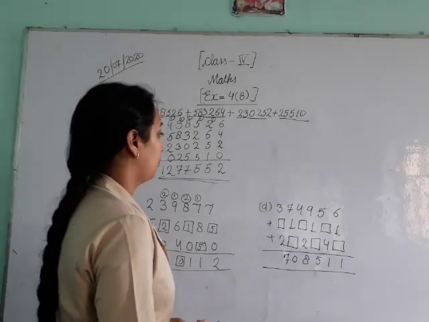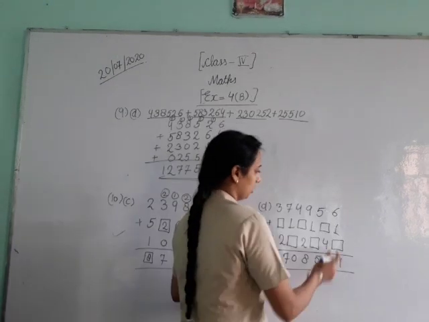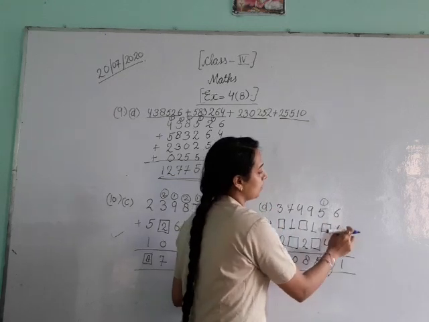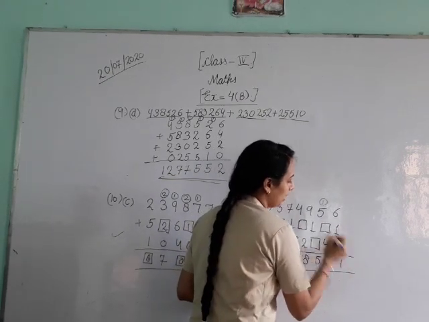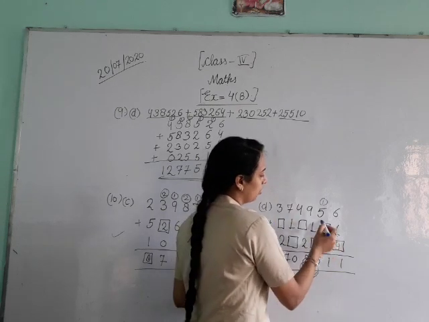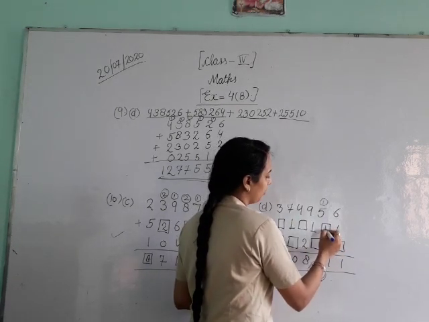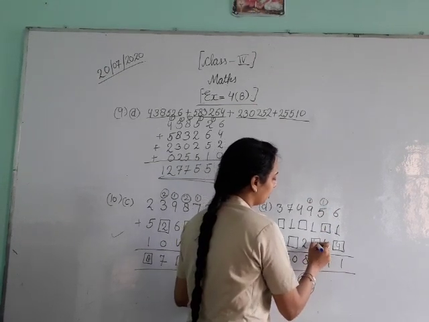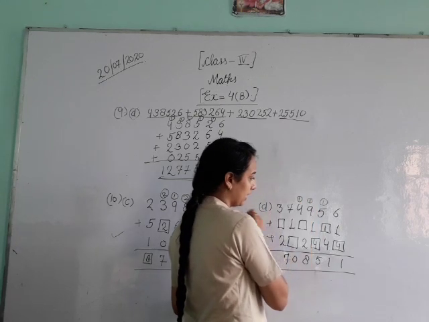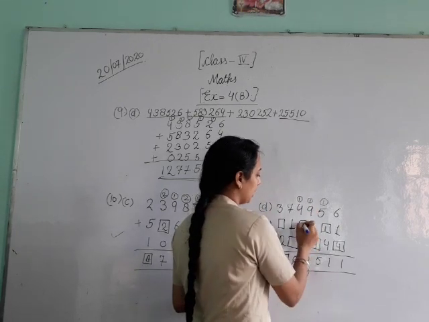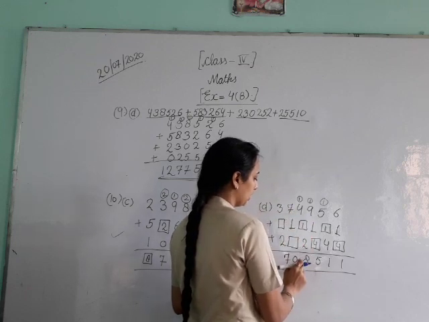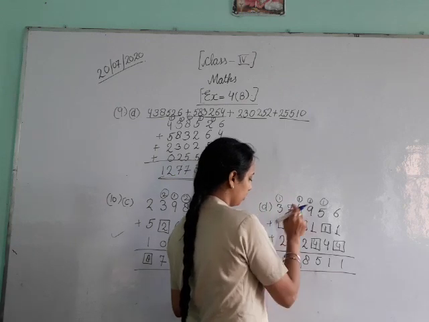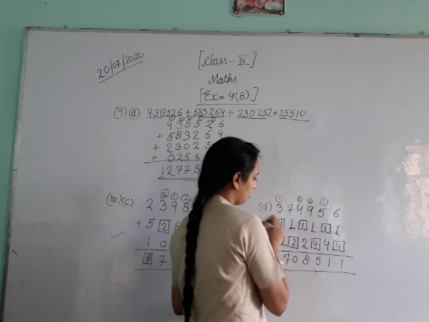Okay, now come on B part. B part, see 6 plus 1, 7. And we have to make it 11. So what will we add in this? 6 plus 1, 7. 7 and 4 are 11. Understood? Now 5 and 5 are 10. And to make it 11 we have to add 1 more. Okay? 9, 10, 11. And to make it 15 what will we add? 4. Put here 1 carry. 4, 5, 6, 7. And to make it 8, 1, 7, 8. To make it 10, put here 2 and 1, 3, 4, 5, 6 and plus 1, 7.